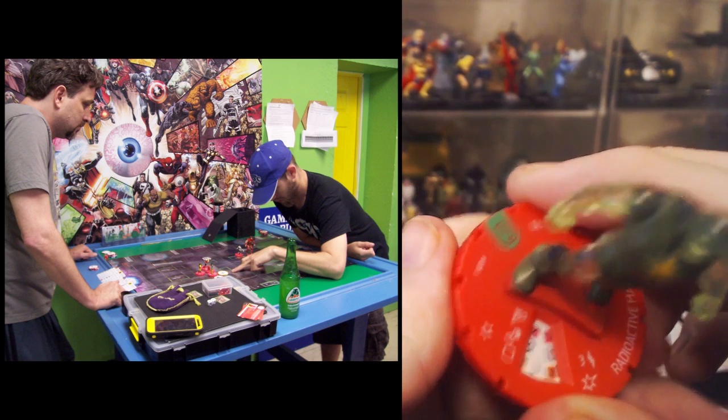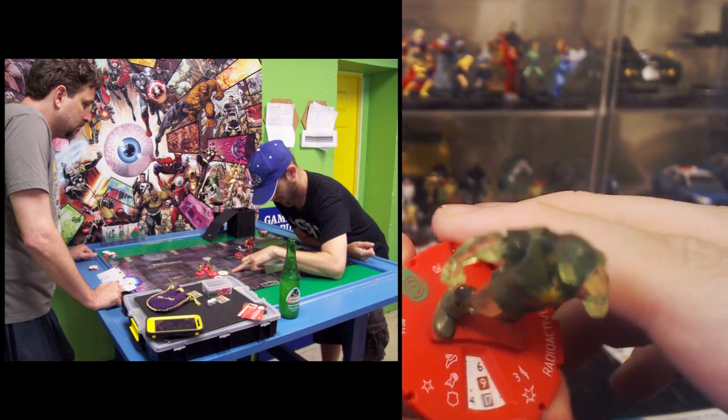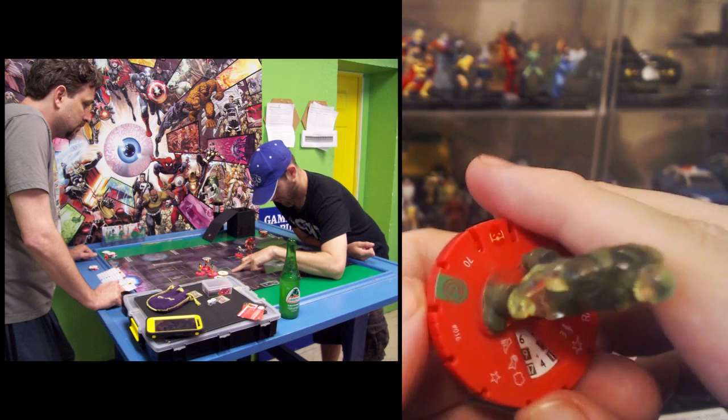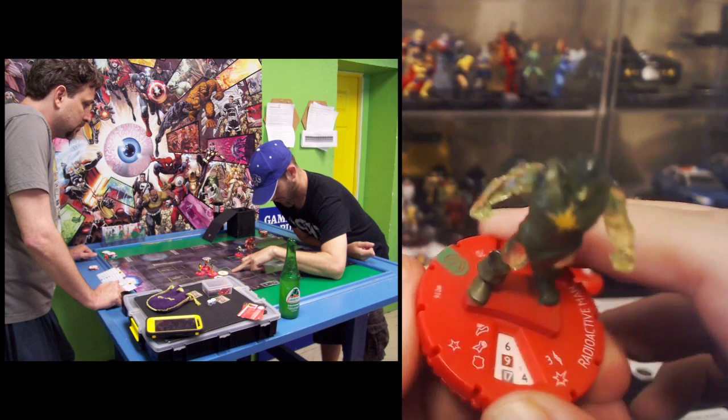He keeps the 18 defense. It's ridiculous. And then he bounces onto invulnerability for 2 clicks. And he's 70 points, Masters of Evil. But even here, there's multiple times where he got bounced onto here, and they just couldn't take